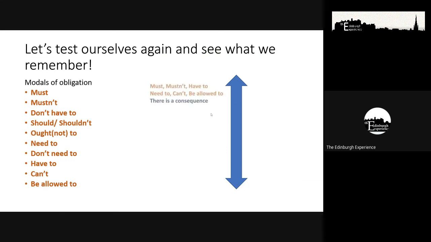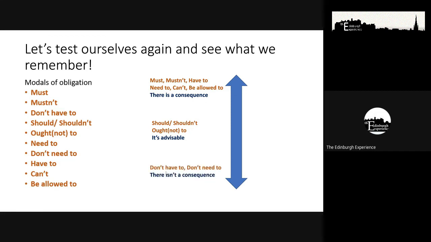At the top, we should have had must, mustn't, have to, need to, can't, and be allowed to. In the middle, we had should or shouldn't and ought to or ought not to. And then down at the bottom, we had don't have to, don't need to, because there aren't any